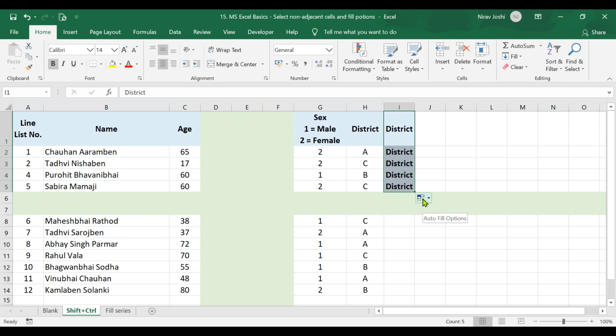If you press this option, here there are multiple selection radio buttons. This is the default function, that is Copy Cells. It has just copied the pattern, text and formatting. If I select Fill Formatting Only, all this data goes blank, so there is no text right now, but the format is the same as this one.